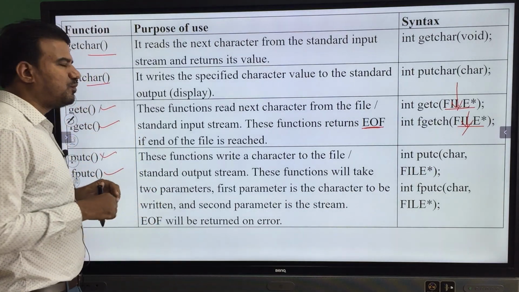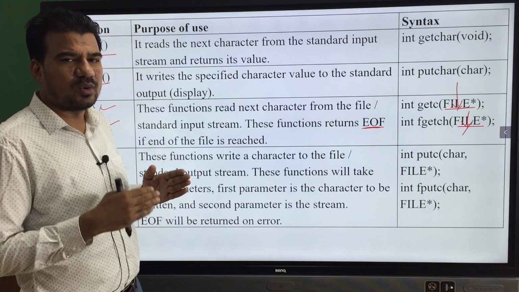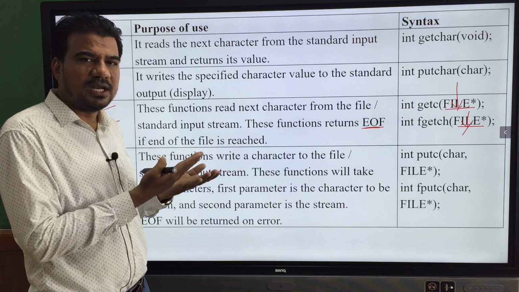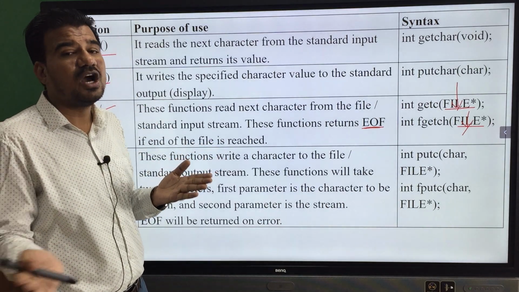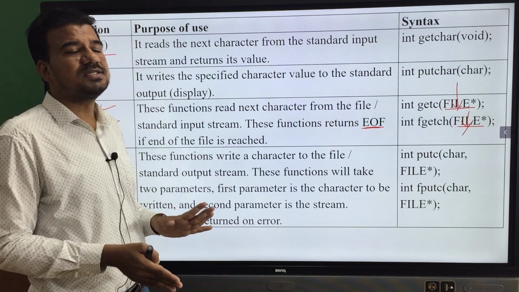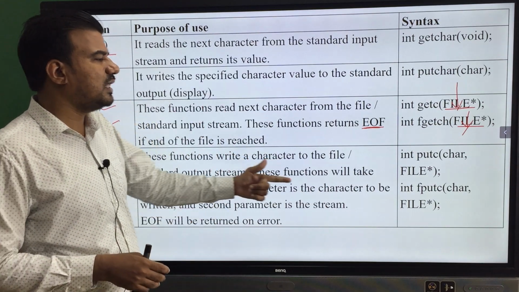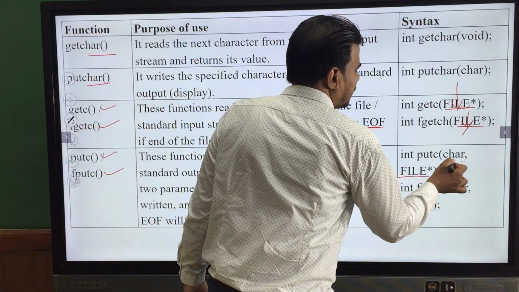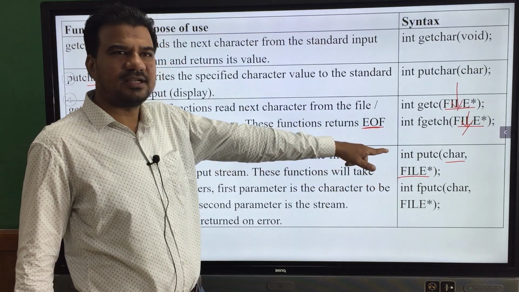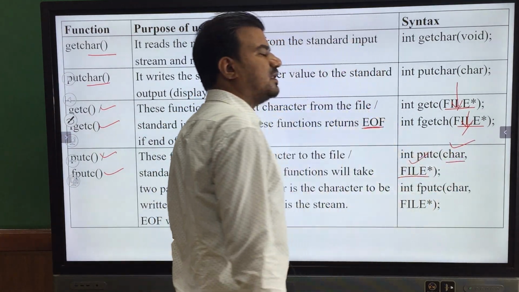In that same way, we have putc and fputc functions. They always write the characters at the cursor location, wherever your cursor is within the file. The cursor location may be at the beginning of the file, at the end of the file, or somewhere in the middle of the file. Wherever the cursor location is, they simply write the characters at that location. They take two parameters, the character along with the file pointer, and they write this character to this file stream.